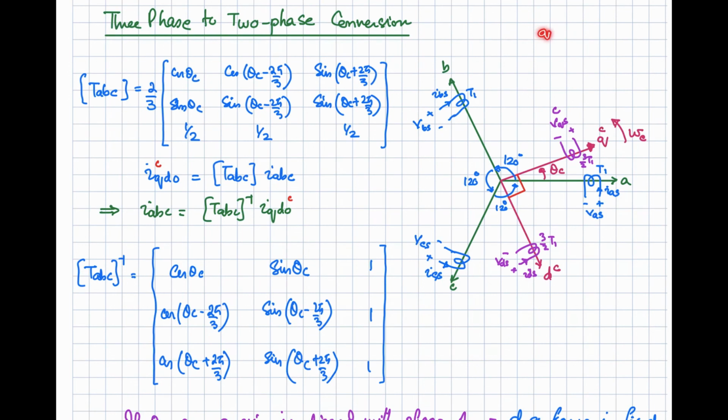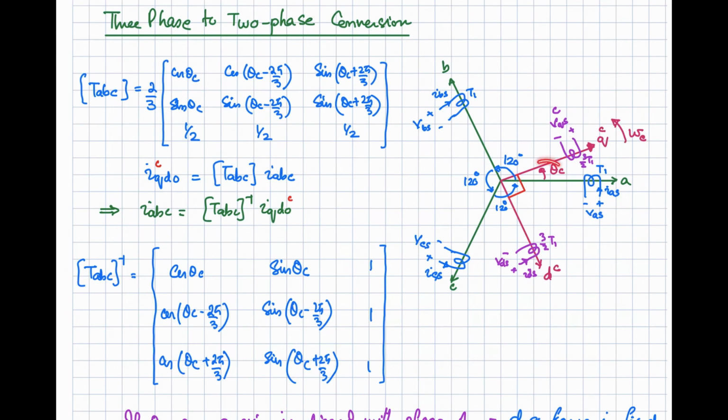So first of all you are going to translate from ABC to DQ or QDO, because we are using the third variant of the Clark transformation, so we will represent it with QDO, and that is rotating with the speed omega c, and this is our arbitrary frame of reference as we discussed in the last slide. So we are going to convert it into that one, and then our motor will be represented in that arbitrary frame of reference. So we can use these transformations to represent our induction motor in arbitrary frame of reference.